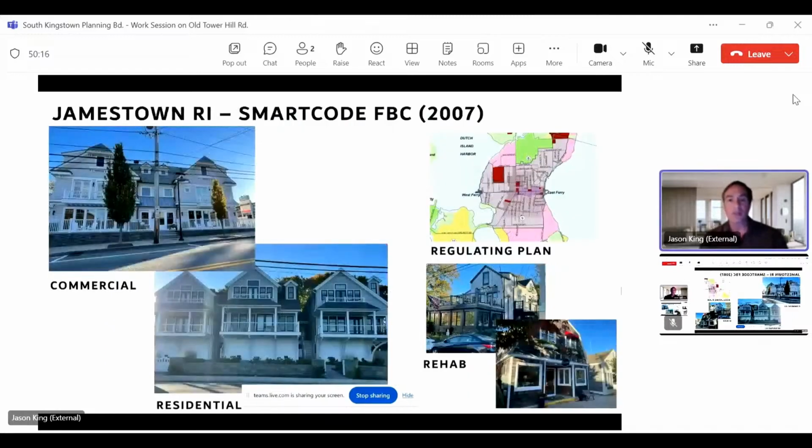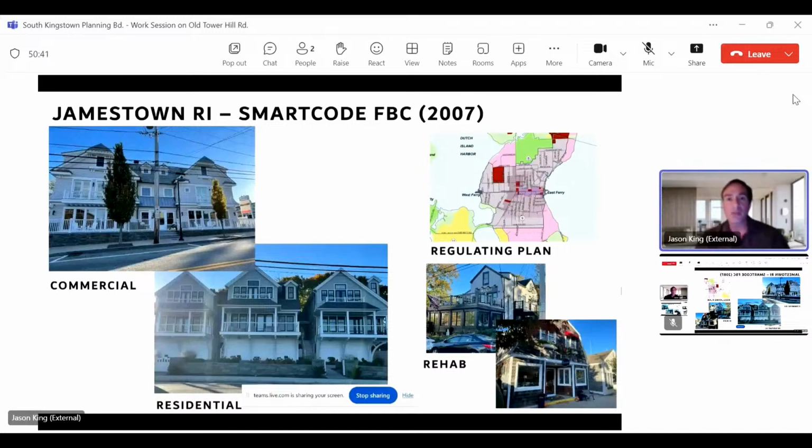Jamestown, Rhode Island adopted a form-based code for the entire community, and they used every one of the transects. So farm areas are being protected by their form-based code, for instance. And it's also where you really see change is along the main street of Jamestown. So the building on the top left is relatively new, the last 20 years.